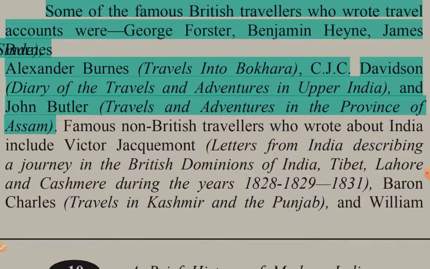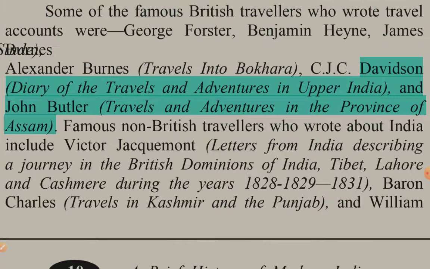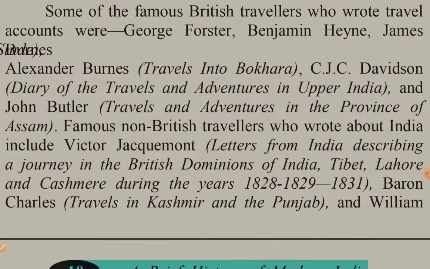Some of the famous British travelers who wrote travel accounts were George Forster, Benjamin Heyne, James Burnes, Narrative of a visit to the court of Sindh, Alexander Burnes, Travels into Bokhara, C.J.C. Davidson, Diary of Travels and Adventures in Upper India, and John Butler, Travels and Adventures in the province of Assam. Famous non-British travelers who wrote about India include Victor Jacquemont, Letters from India describing a journey in the British dominions of India, Tibet, Lahore and Kashmir during the years 1828-1829 to 1831, Baron Charles Hugel, Travels in Kashmir and the Punjab, and William